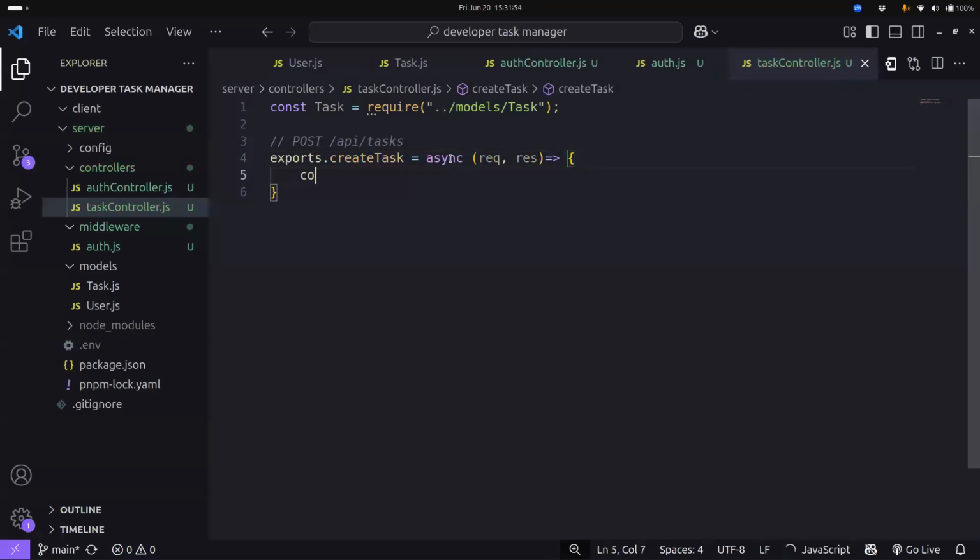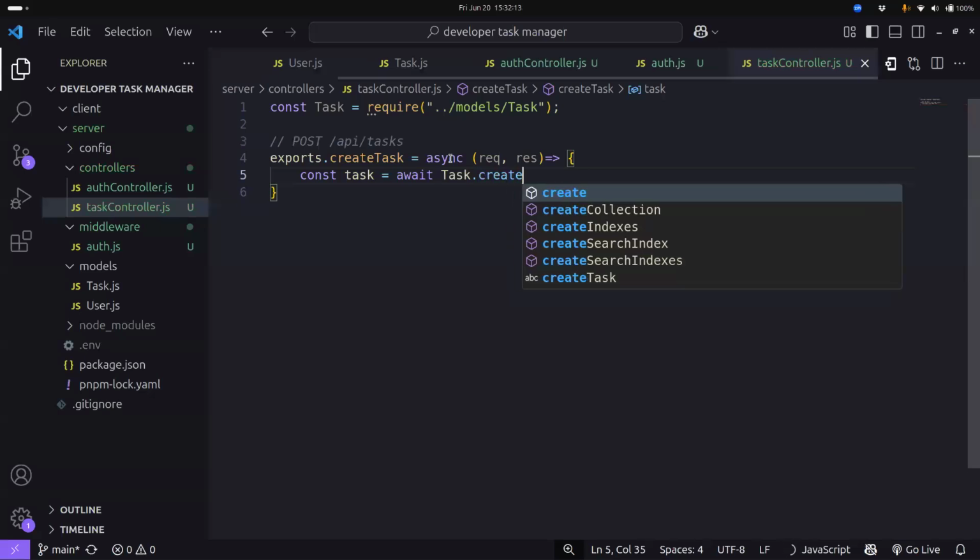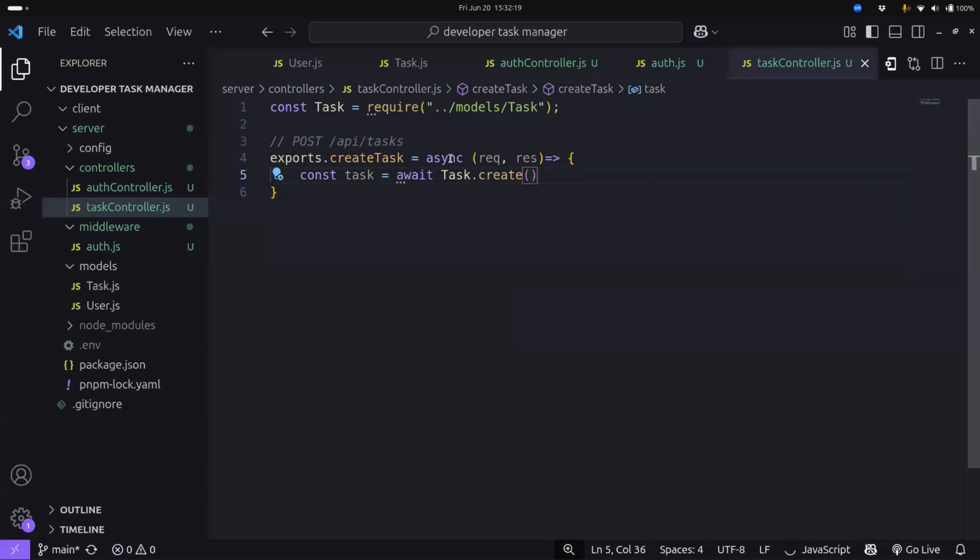So for you to create a task, always try to visualize the code. What is the code going to do as you type? It allows you to actually use the correct thing. So when you want to create a task, you're supposed to wait for the task to be created in the database. So you call the task schema, or the document, then you come and say, for us to create the task, we want to take